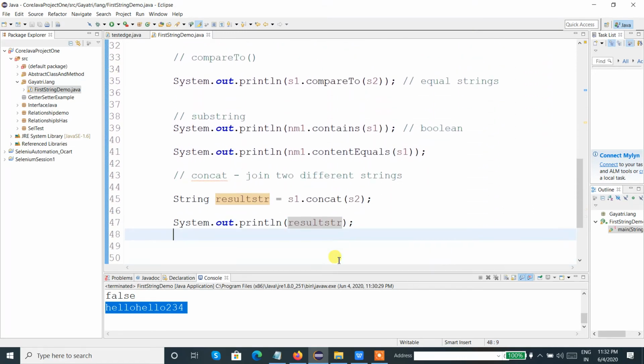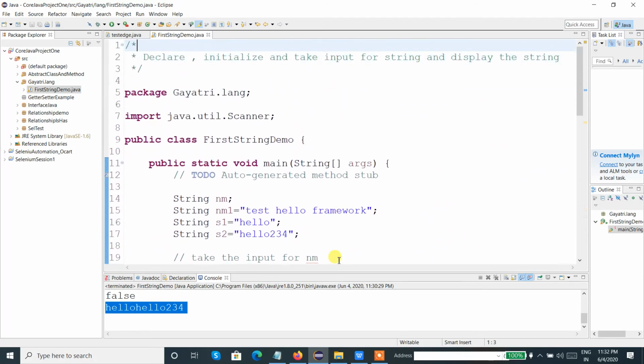So let us check. I will just use another string, let's say string format 1 equal to double slash test1 star star star. This is the string.